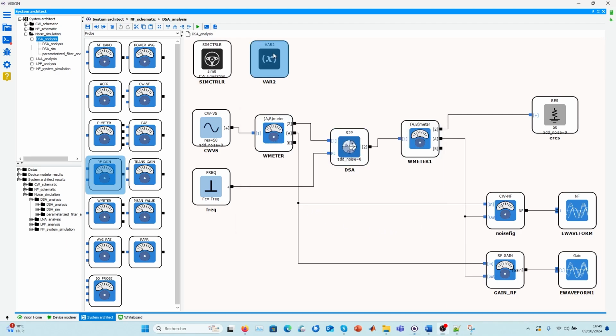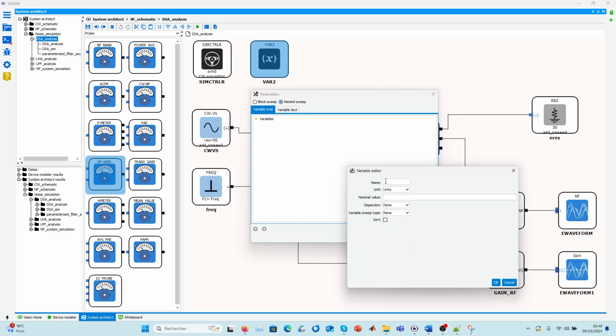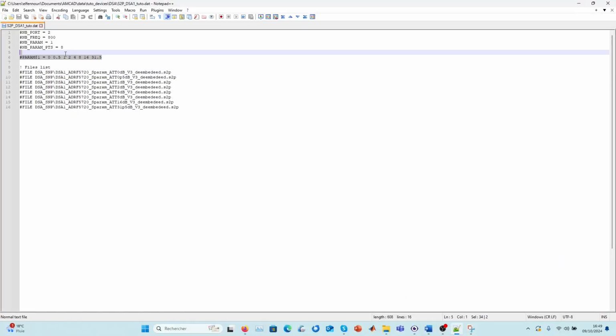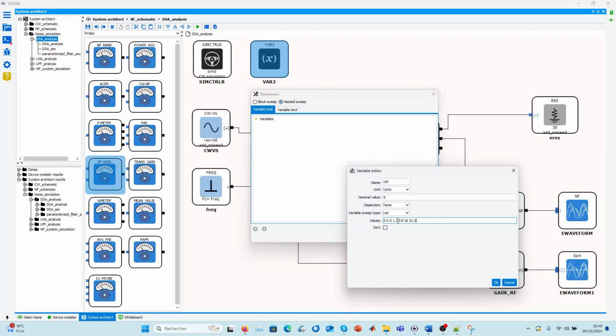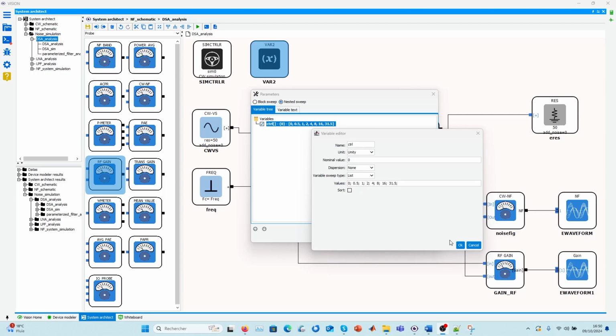Then in order to do the sweep, we have to insert the variables in the variable block. I'm going to start with the control variable. And the nominal value, I'm going to put 0. And for this variable, it's going to be a list. It's the same list that was indicated here. I can just copy it, but I shouldn't forget to add a punctuation between the values. It's the syntax for the block. We are then clicking on OK,